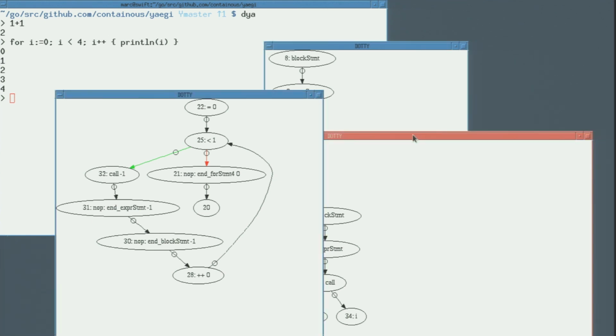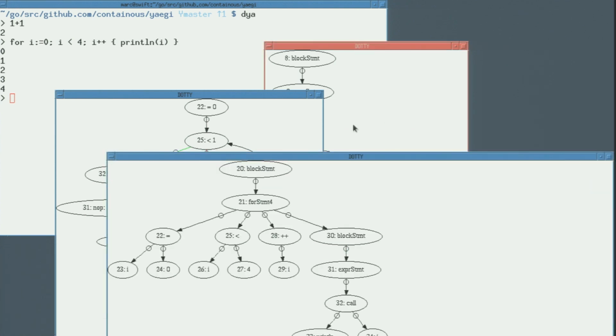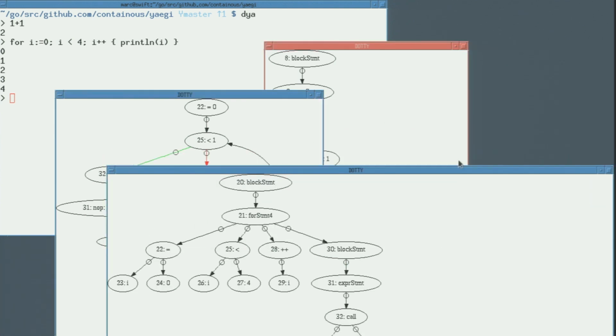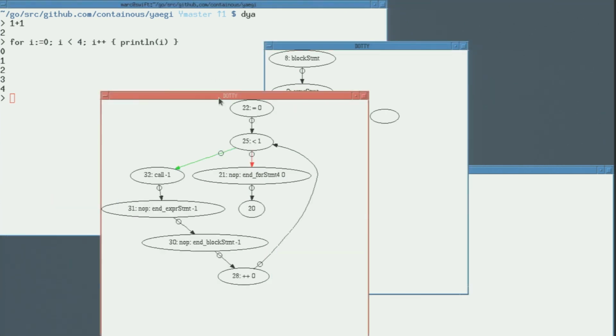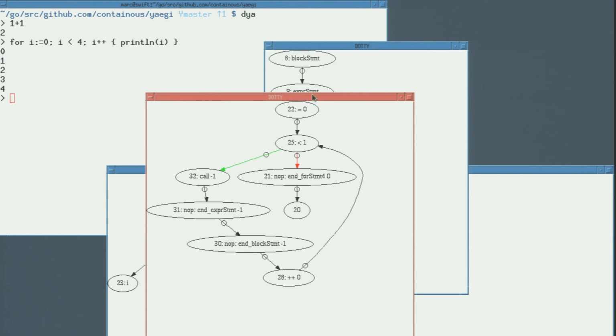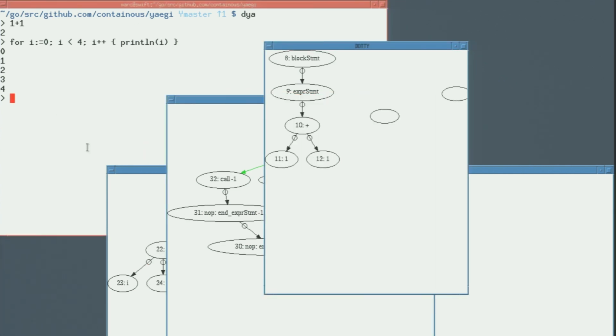So if I take the first graph here, let me move it. No, I can't move it. Okay. Anyway,